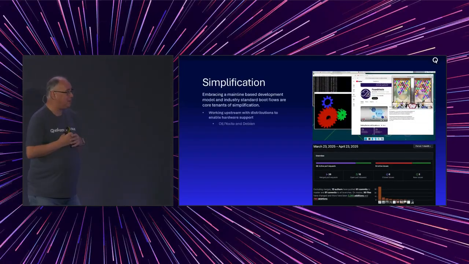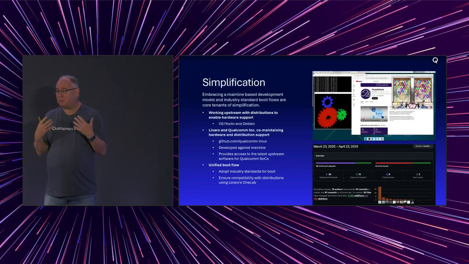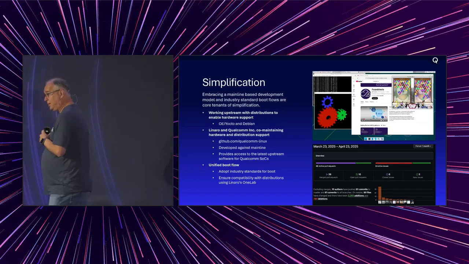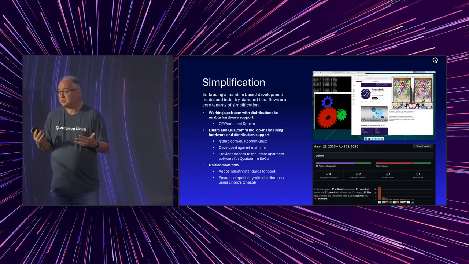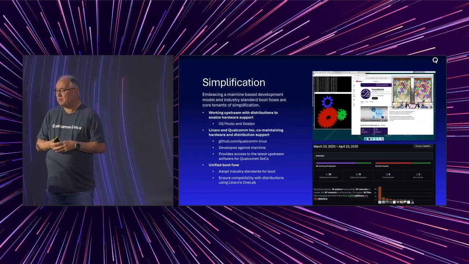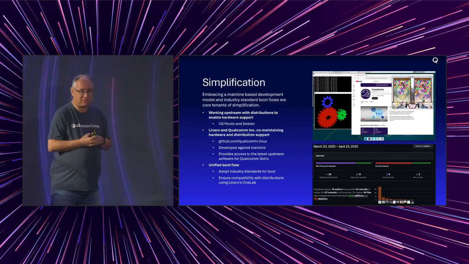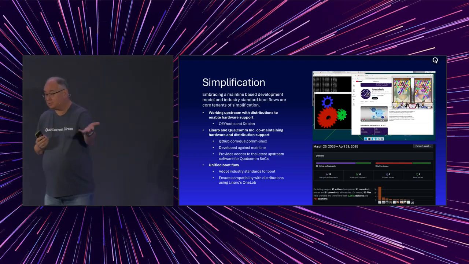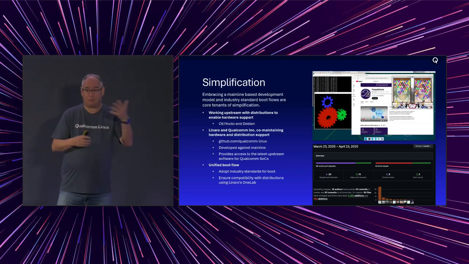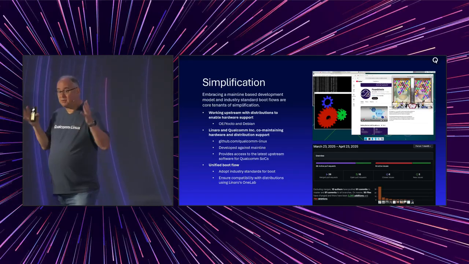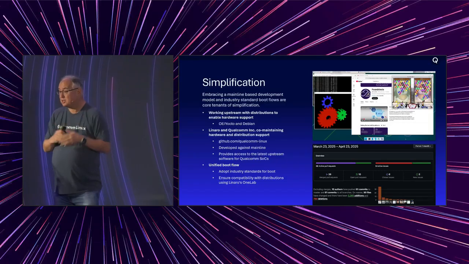So, as I said, my job is to build a scalable software organization. One of the key things we've been looking at and driving, I refer to here as simplification, because that's in essence what it is. Internally, we've got other names for it, and a whole bunch of initiatives around it. But effectively, it comes down to two things. One is mainlining our software stacks. That applies to things like Linux, but it applies to our camera stack, it applies to our ISP stacks, whatever you can think of. We have lots of complicated stacks, and all of that needs to be integrated.